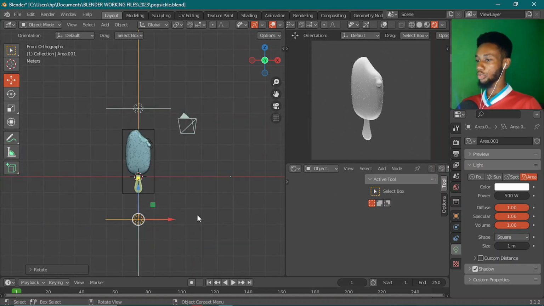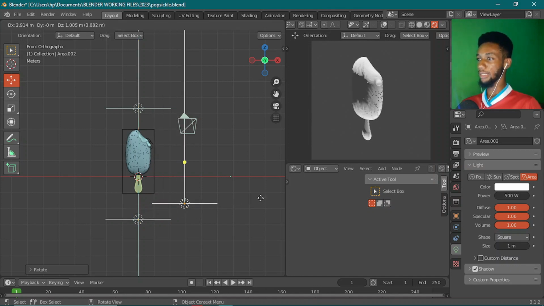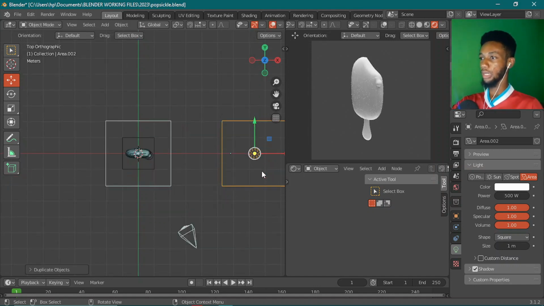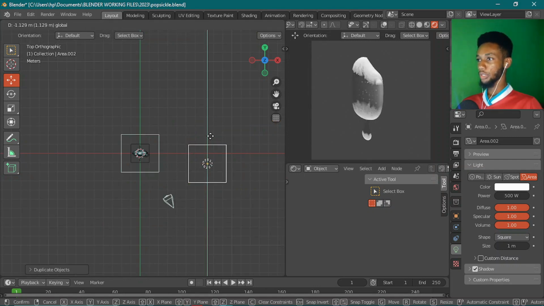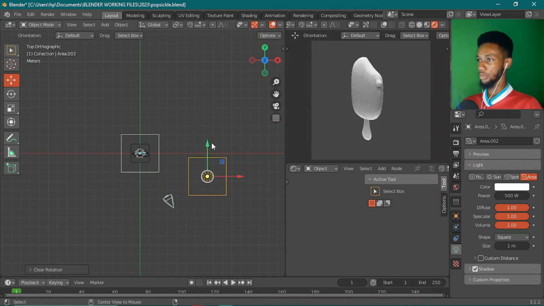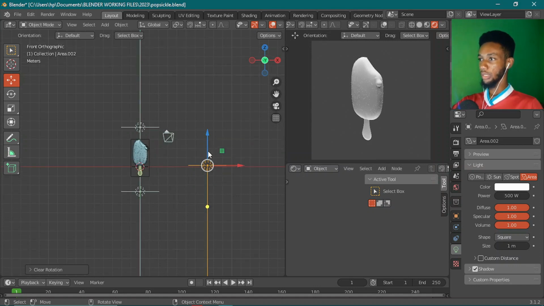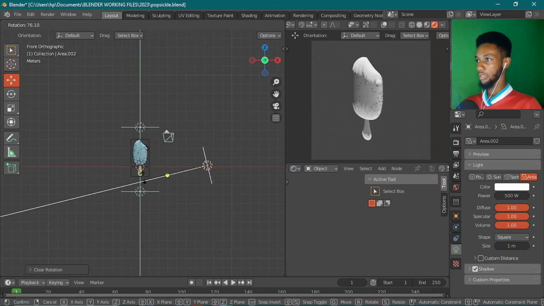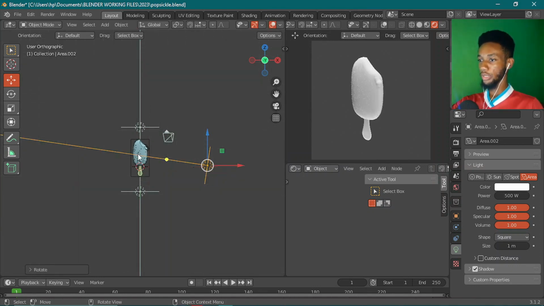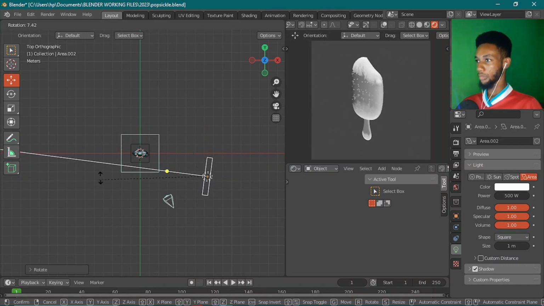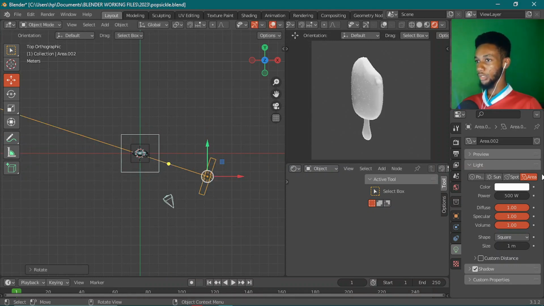And next thing we are going to do is duplicate the light again, bring it to the side like so, and then go to the plan, position my light like so, and then rotate it to point at my ice cream like so. And for this one, I'm going to increase the power to say 1200 like so, or probably 2000